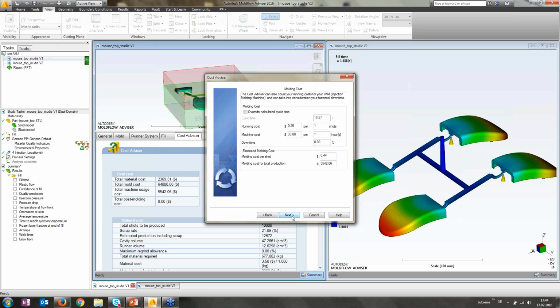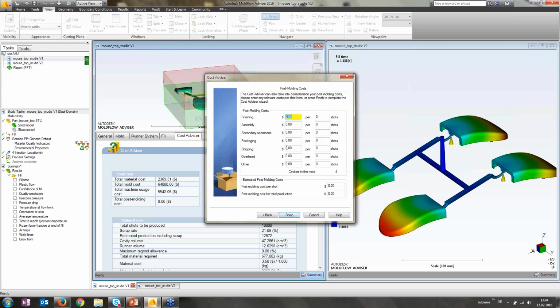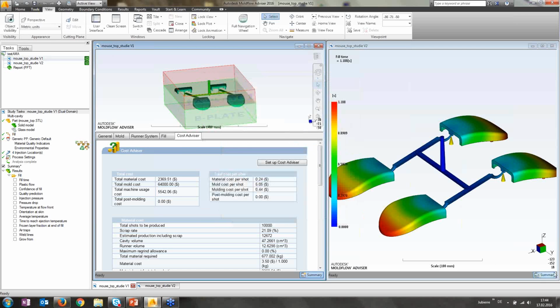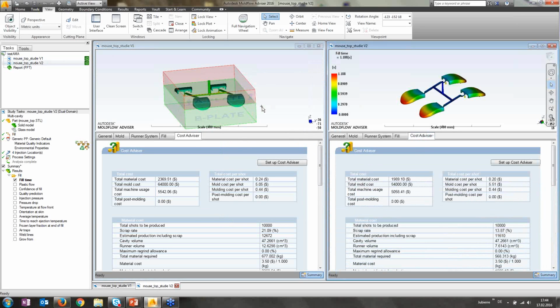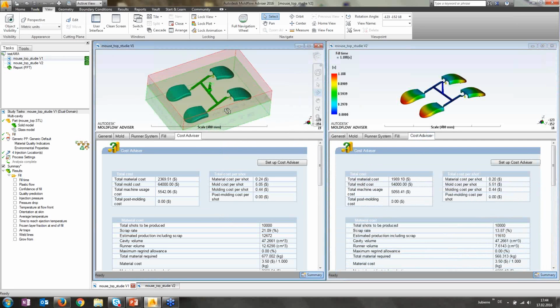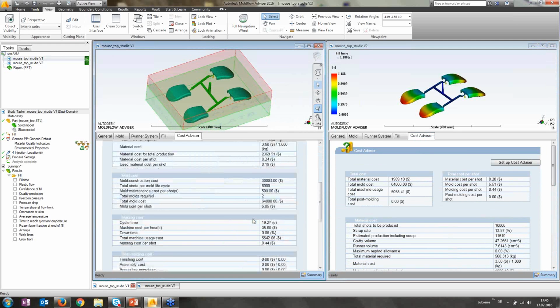I don't want to go so in detail for all of them, even if we have some people working after that to just take these parts from the running system or whatever. So whatever we know, we could introduce it, and we could compare this between different simulations, and that's what I wanted to show you here. So this mold is both 4 cavities. The only difference is the size of the running system, and what we could see here at the bottom is